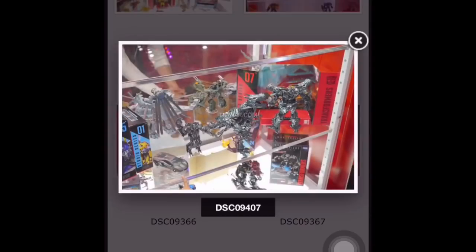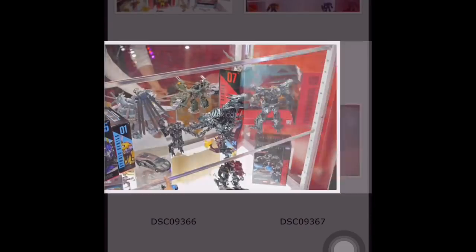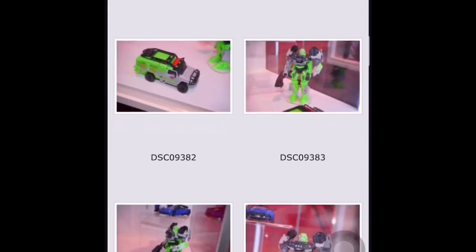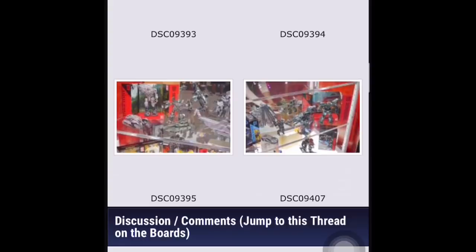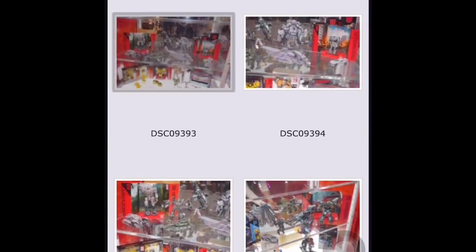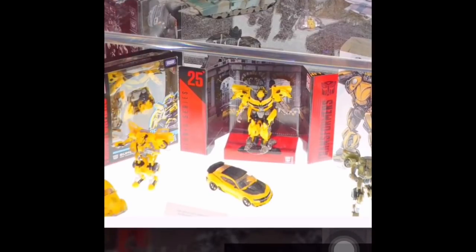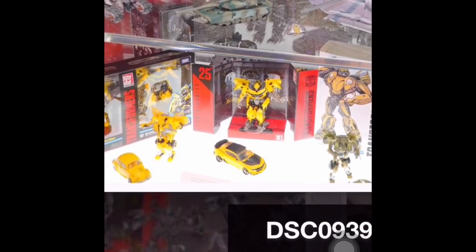Wow. Grimlock. Okay. Yeah. Let's take a look at that. That one is probably the most interesting one in this display, and it's probably going to be small from the looks of it. They scaled it down small, and